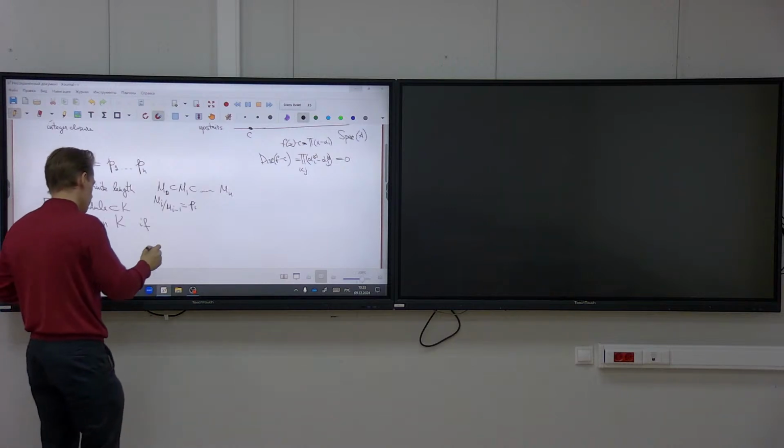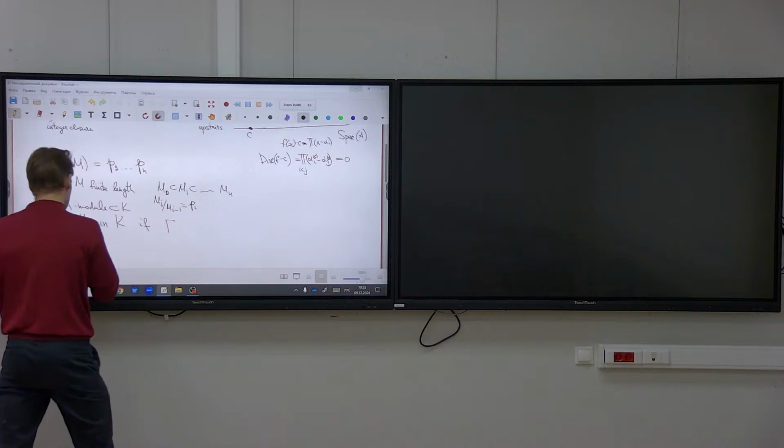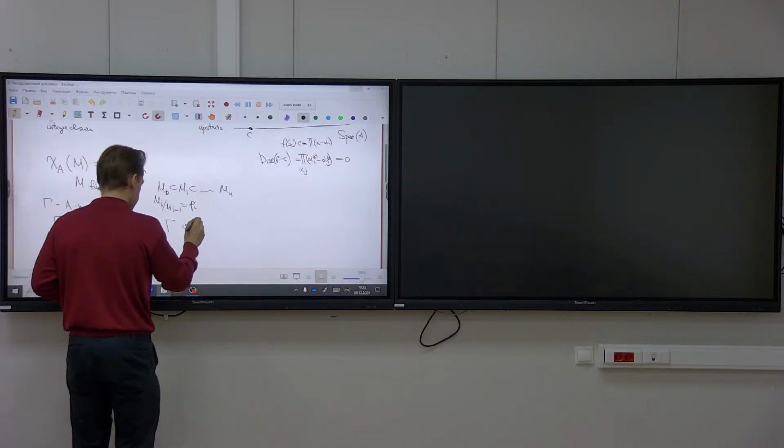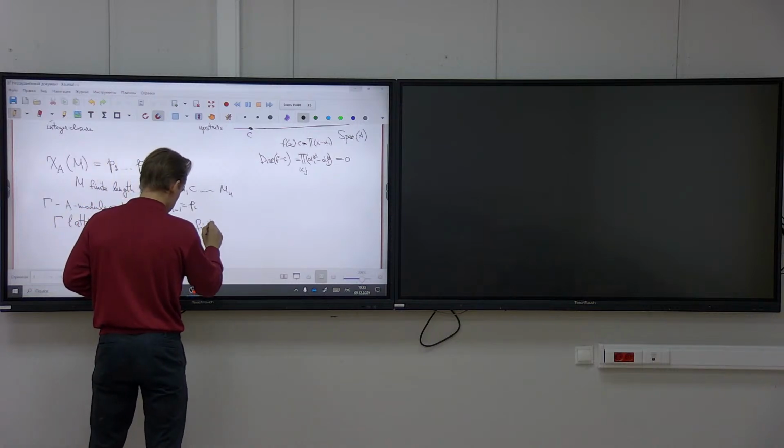Yeah, so that means that if gamma is finitely generated